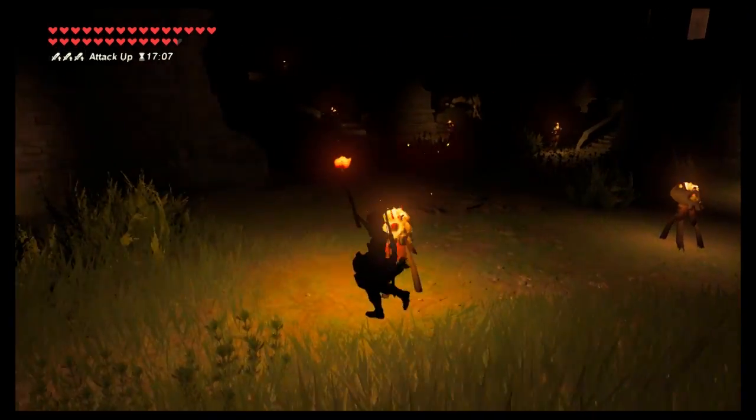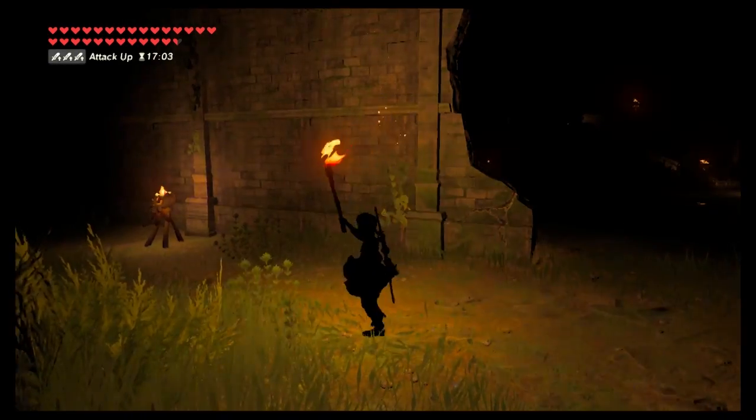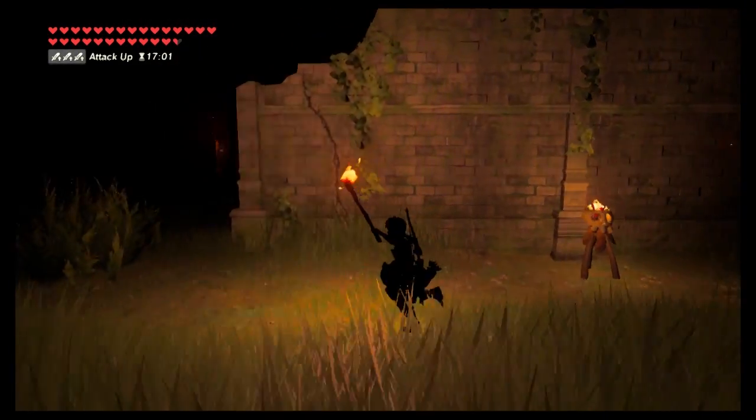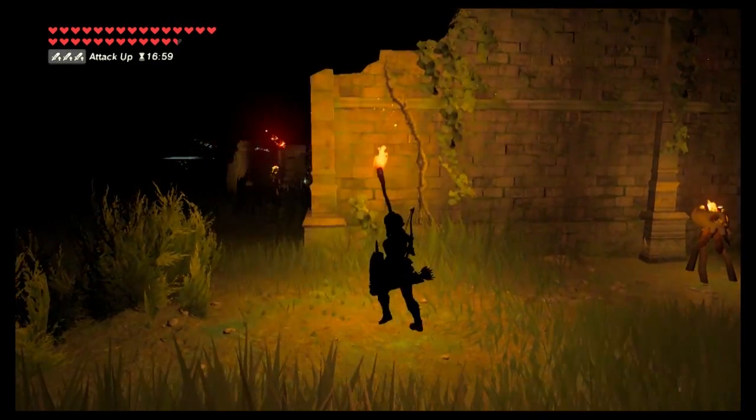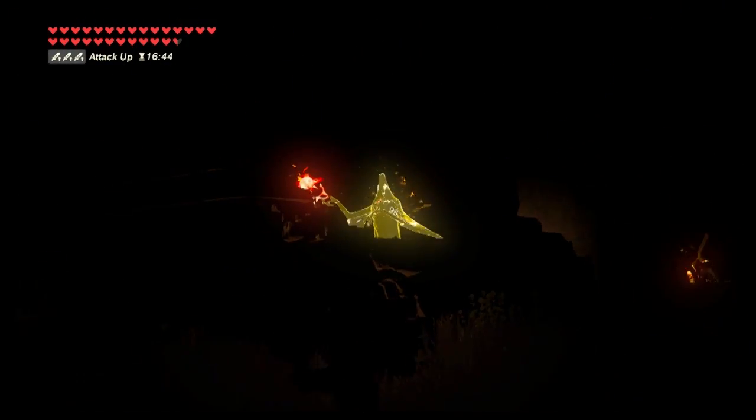Floor 8 has a fire wizrobe to the left, holding a fire rod, as well as a couple of bokoblins hanging out near the fire. If you're slow and careful, you can sneak around to the left side and take out the fire wizrobe without alerting the bokoblins. Use your stasis, hit the fire wizrobe in the head a couple of times,